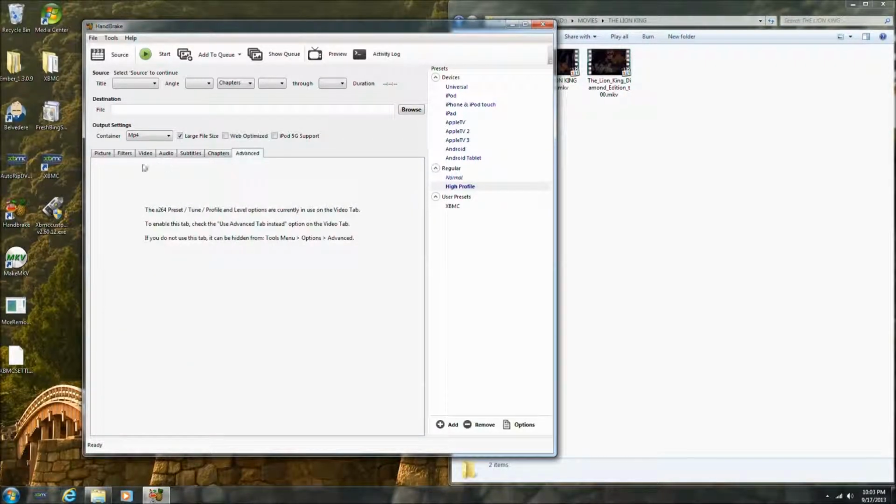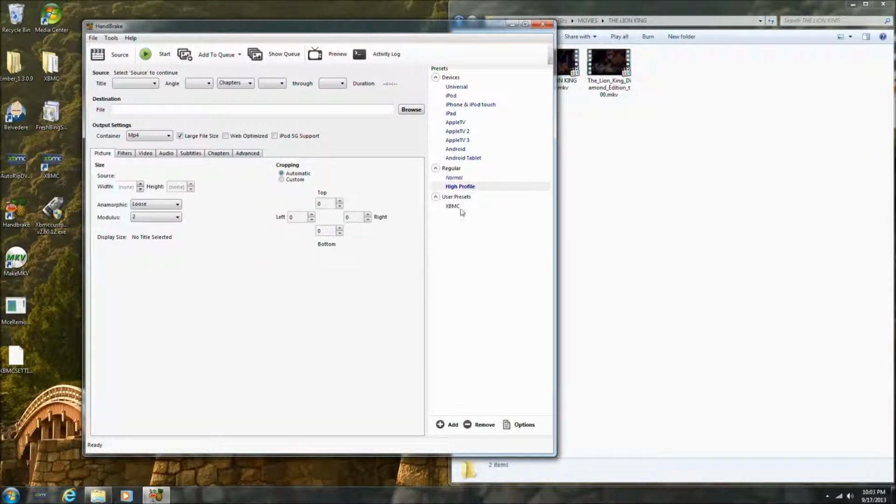It preserves chapters and things like that. However, the preset I use is a little bit different, and that is due to our setup. I use a 5.1 surround sound setup, and the family I will be making this Mini-ITX XBMC build for, they do as well. So I know they can handle Dolby Surround, and I'll be outlining the settings I use to make sure that any Handbrake video files preserve surround sound as well as the